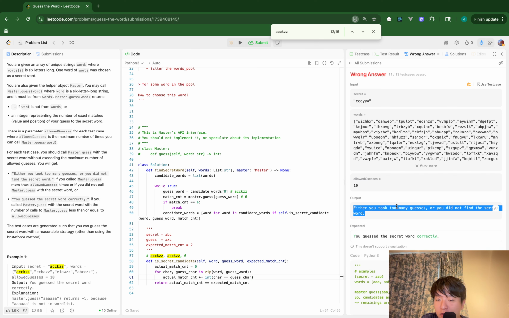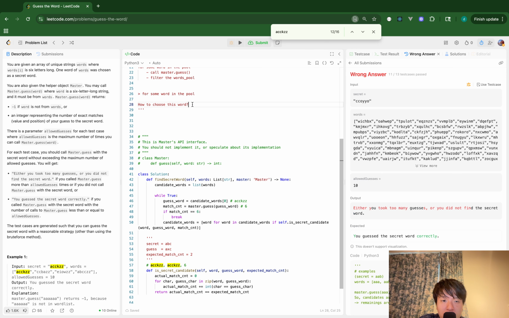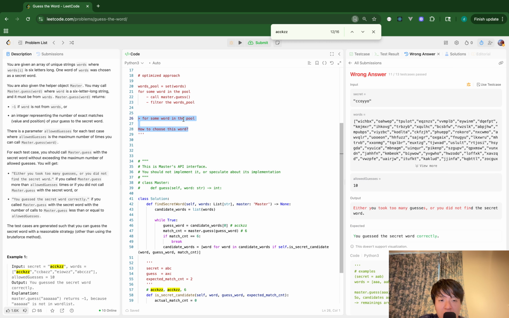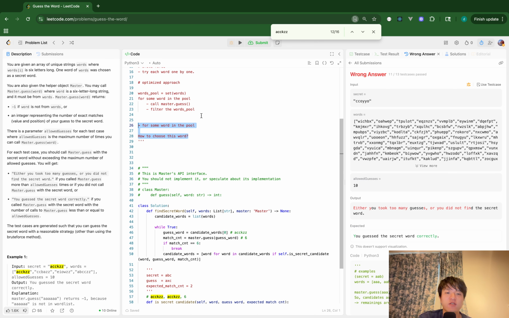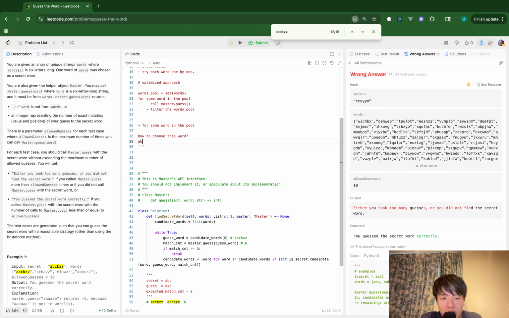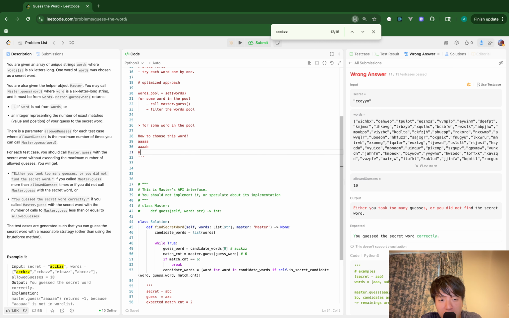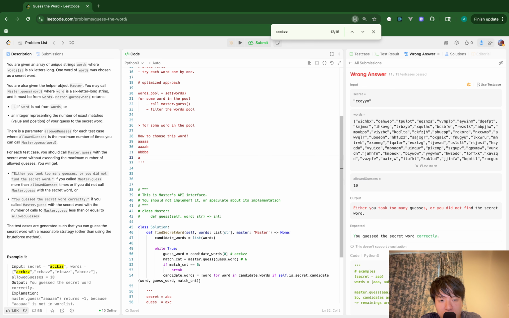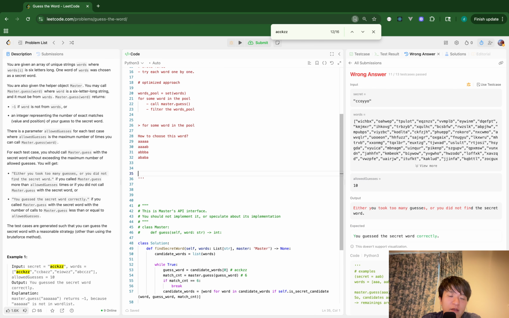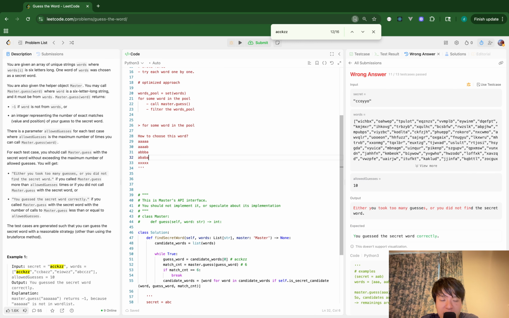Okay, so I took too many guesses or I didn't find the secret word. So I have to think of a better algorithm. So the optimization we can make here in line 26 is I have to choose the word which can filter the words as much as possible. So for example, if I have words like A, B, A, and A, B, and A, B, B, B, A, and say if I choose X, X, X, X, X, and if I choose this, and if it